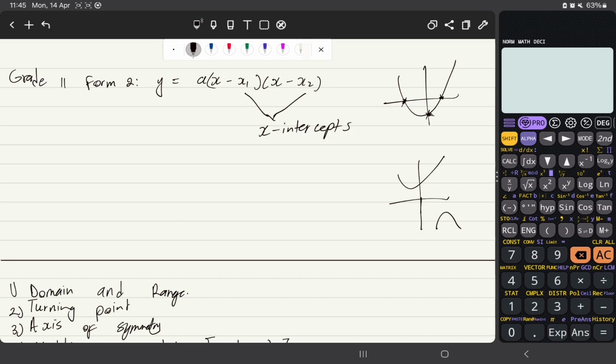Whether it's one x-intercept or both of them are there, because there are cases where you have two x-intercepts, but there could be an example where you have one. Say for example,